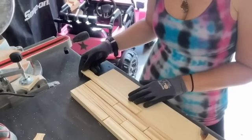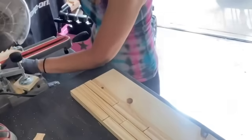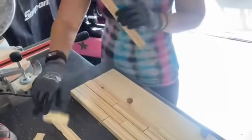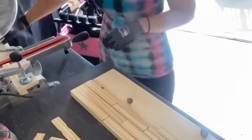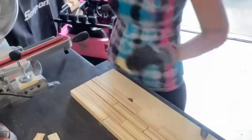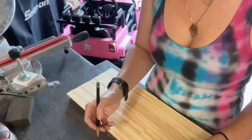But you're going to do this all the way down. As you can see, all of my sticks are totally different sizes. I just play around with it and keep cutting down, going back and forth. I believe this was 3 packs of the paint